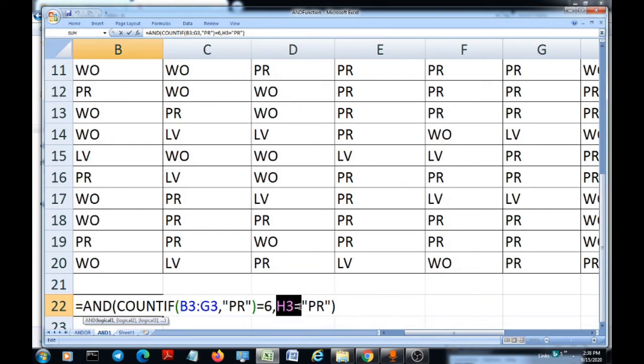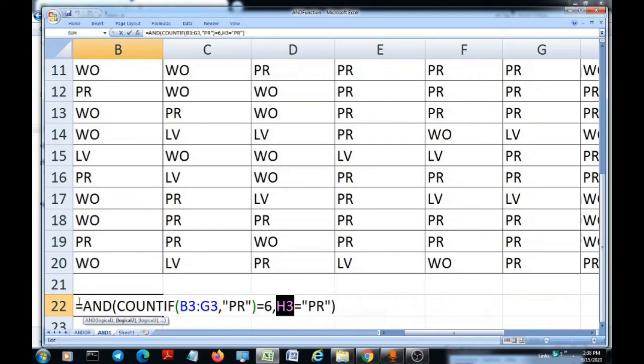And here in the seventh cell, H3 is equal to PR. The six days attendance is also present, and the seventh day attendance is also present. So that means the attendance is marked present consecutively for 7 days. Is that true? If these two conditions are met, we want that particular cell to be highlighted in red color so that we can take immediate action to avoid anything wrong in this data table.